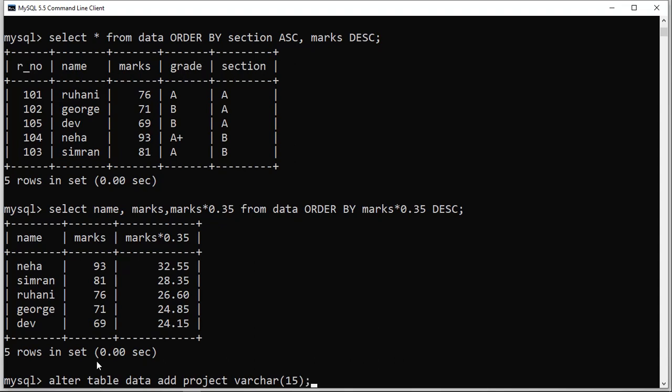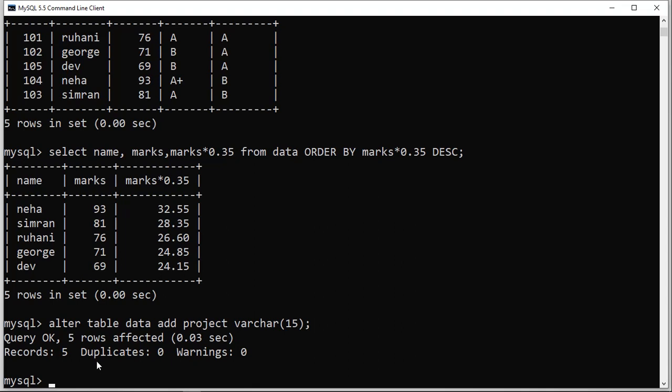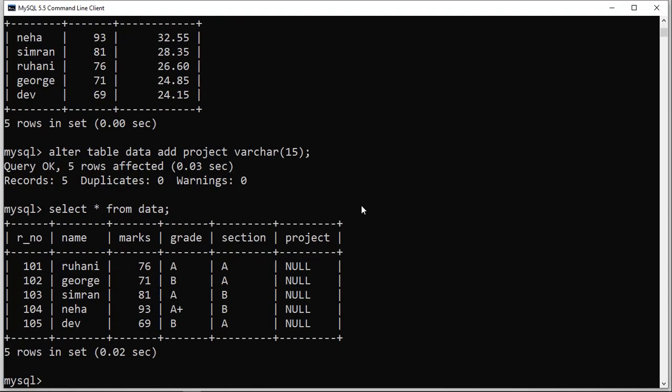Press enter. Now you can check the table. Select asterisk from data, semicolon, enter. Now you see you have a new column here.